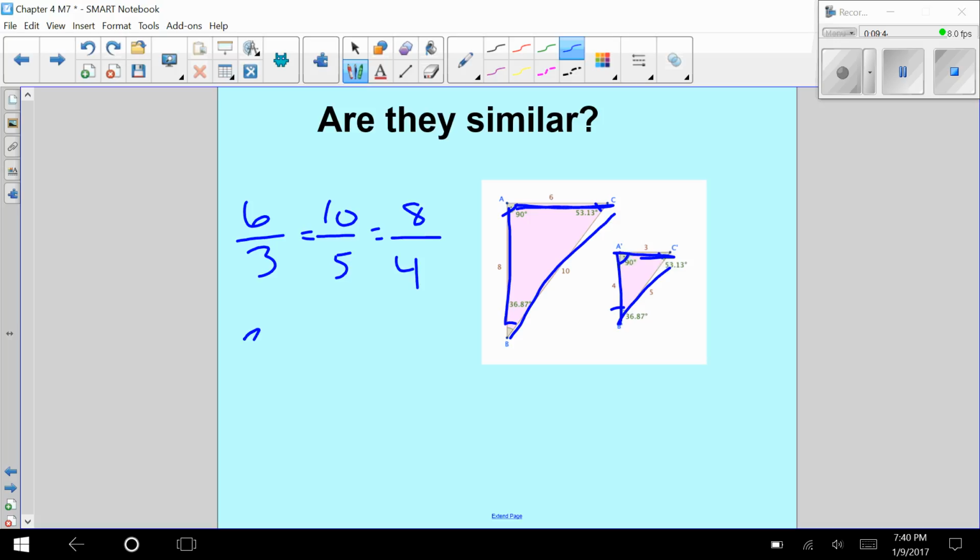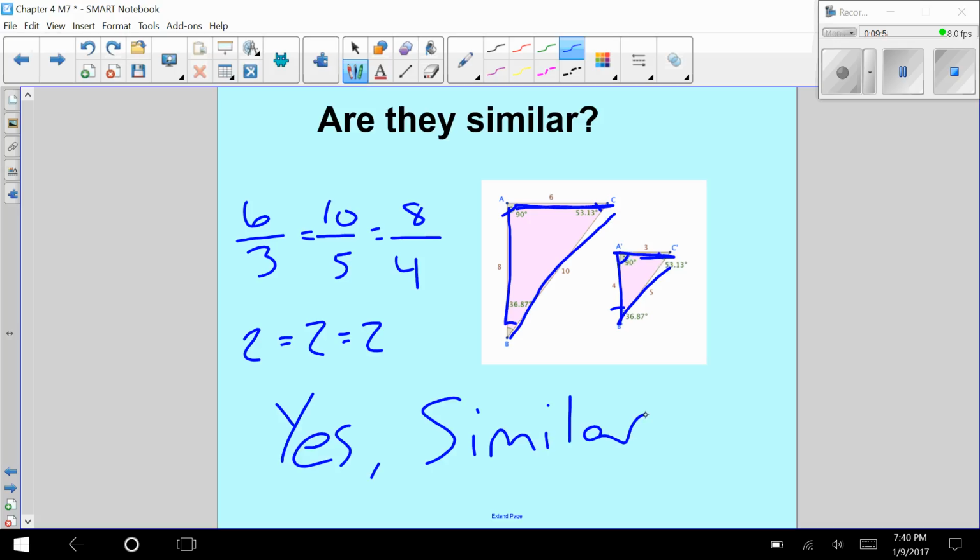6 over 3 reduces to 2 over 1. 10 over 5 is 2 over 1. 8 over 4 is 2 over 1. Since this is a proportion, then yes, they are similar. Here's your